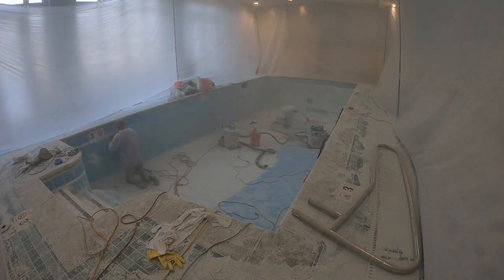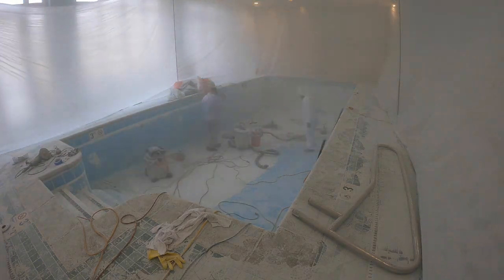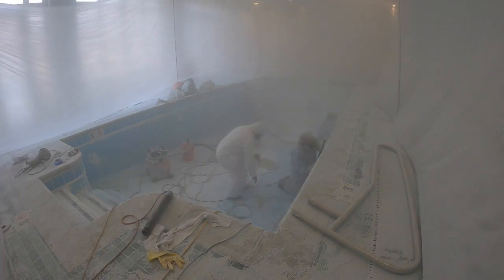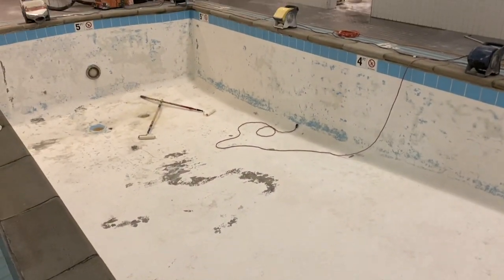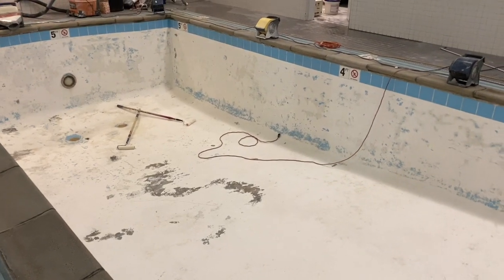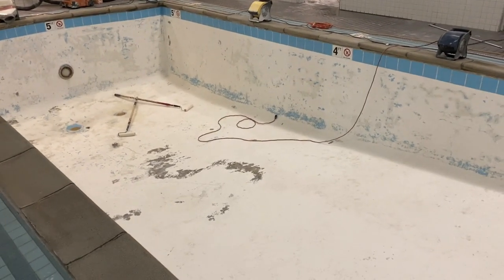Like I said, even with vacuums on all of our grinders, this process is very disgusting. I turned it off before we were done because I felt sorry for my GoPro. Okay, after a long day of grinding, we've got all of the layers of ridiculous epoxy down to the